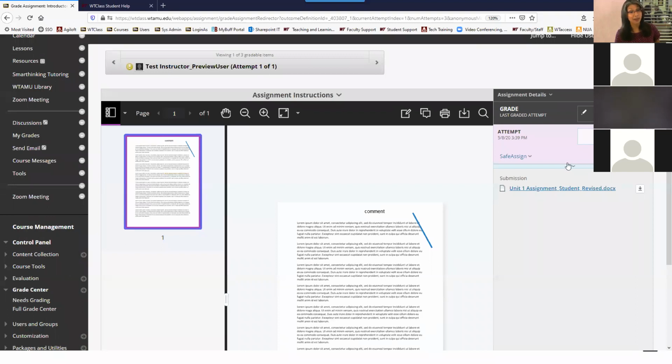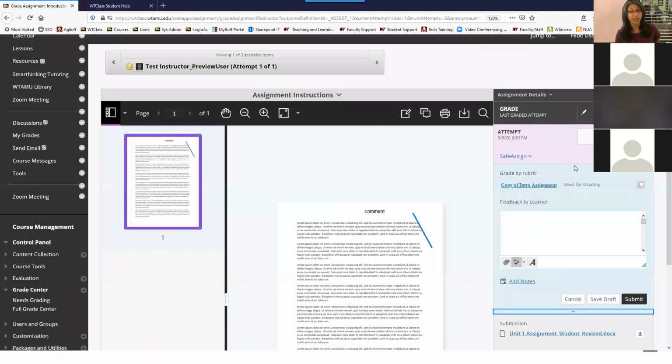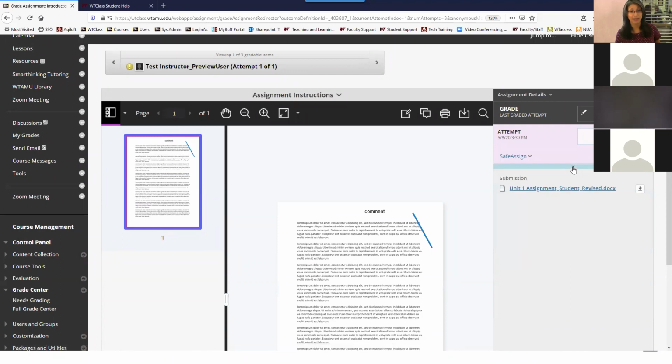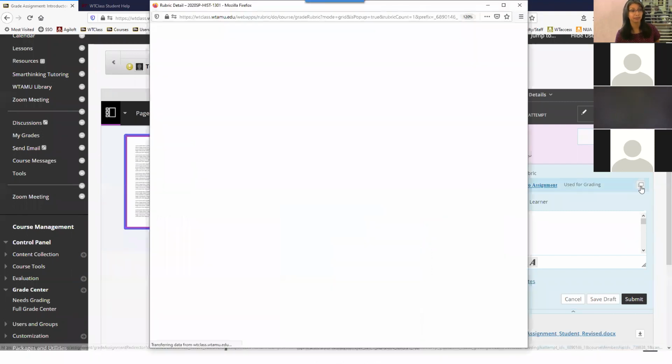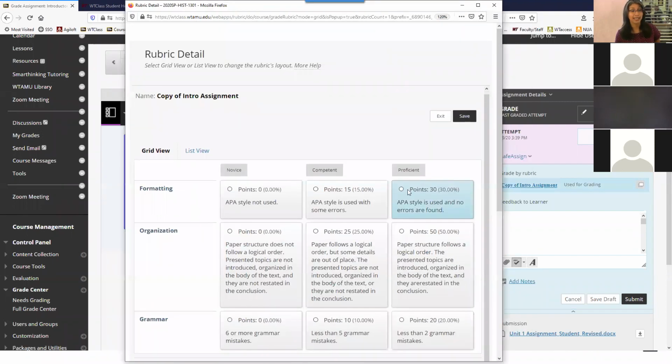Now, if I have a rubric attached, you want to make sure that this little blue pane is expanded, because that's how you can access your gradebook if you've attached one. This is where you put your comments back to your learners. This is how you can add audio feedback. So here I've got a rubric, so I'm going to click on that. And let's say